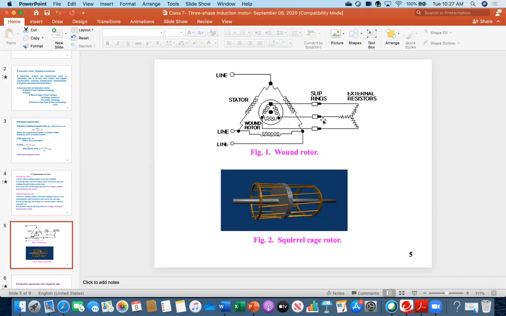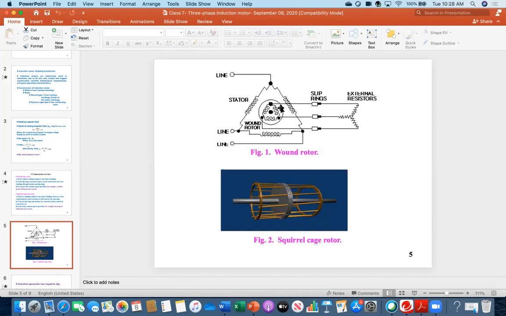So therefore you need a brush. That black colored thing is kind of contact brush. This thing is fixed, but these slip rings are moving, and this is just the touching. Consequently, you can connect any external resistor. And if you can vary this resistance, you can control the